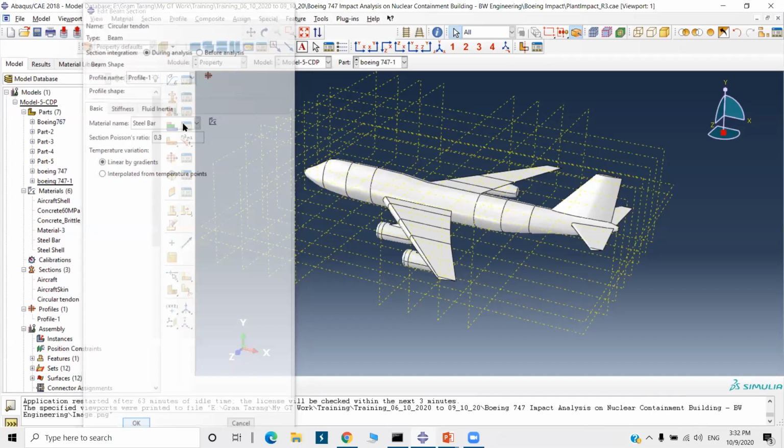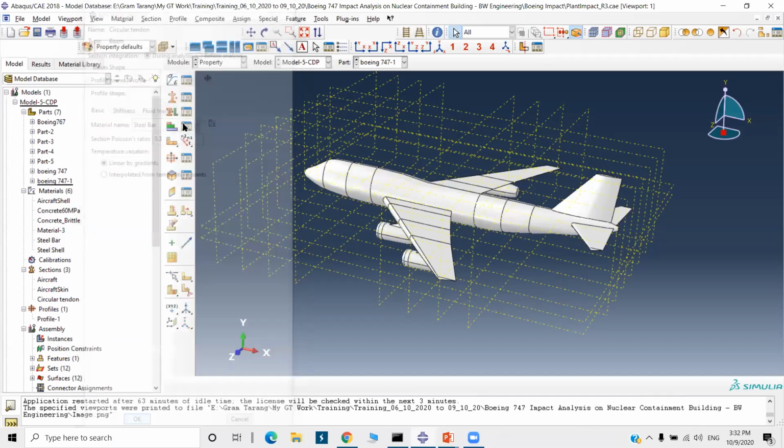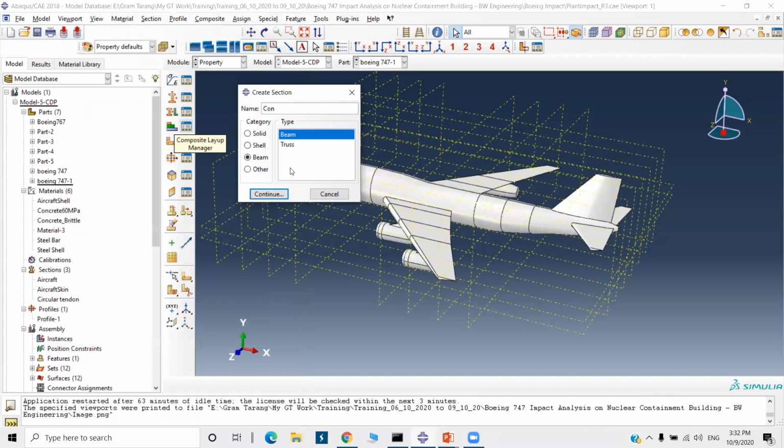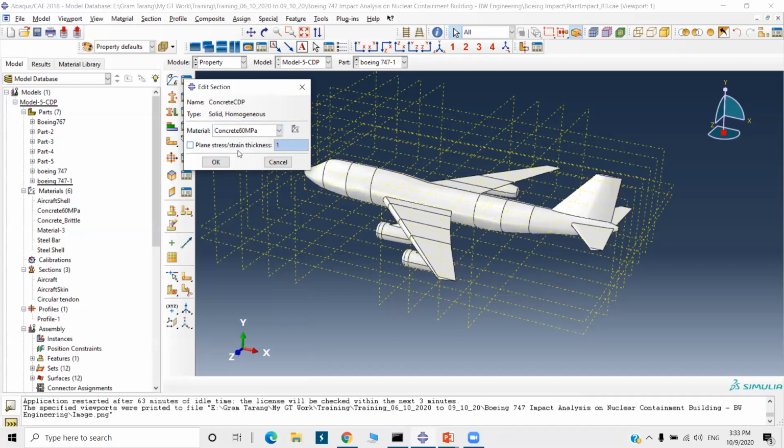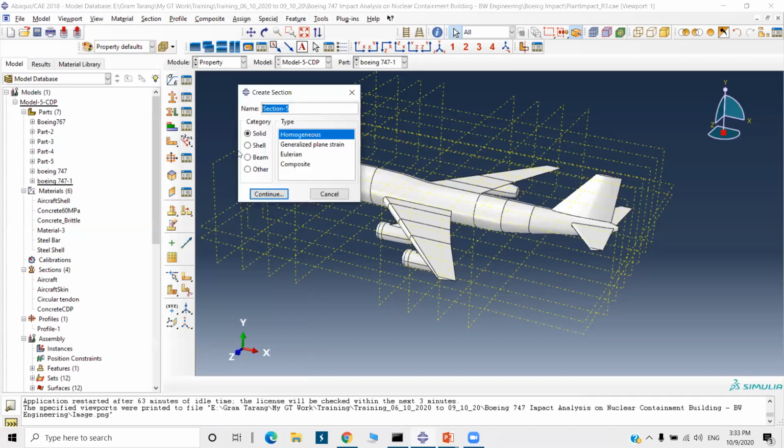Next section is concrete CDP. It's solid homogeneous, concrete 50 MPa. Then the typical concrete. And the shell: there is a shell container, sorry, it is a shell.